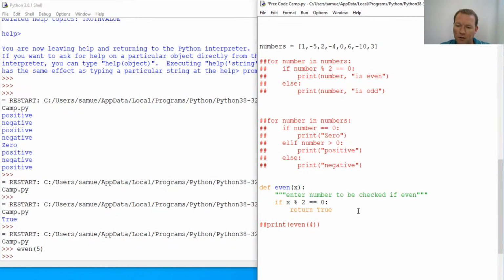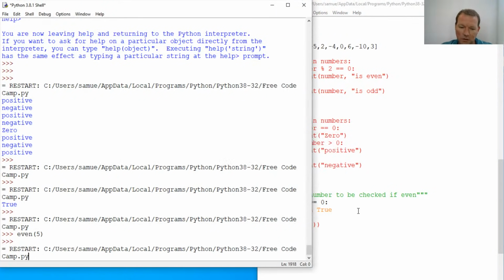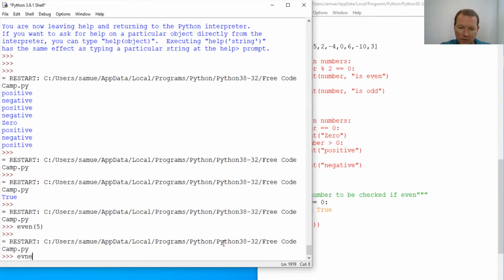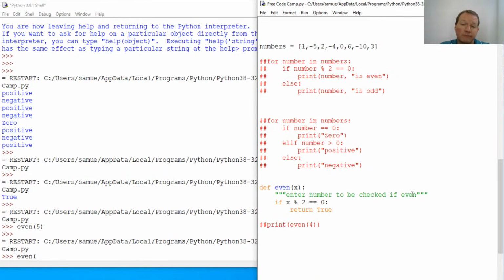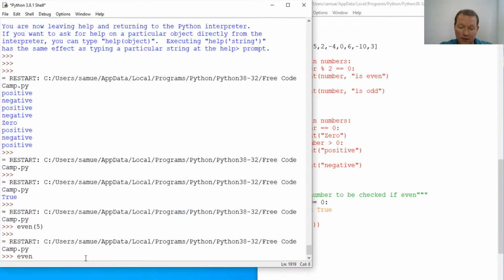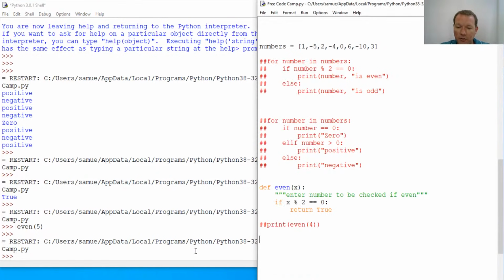All right. So I put that in memory, and I call even, if you spell even right, and I get the information. I get how many variables, how many arguments do I take, and then was there any documentation? Docstring right there. That's called a docstring. And I get this right here. Enter number to be checked if even. So that's typically what, and then also three